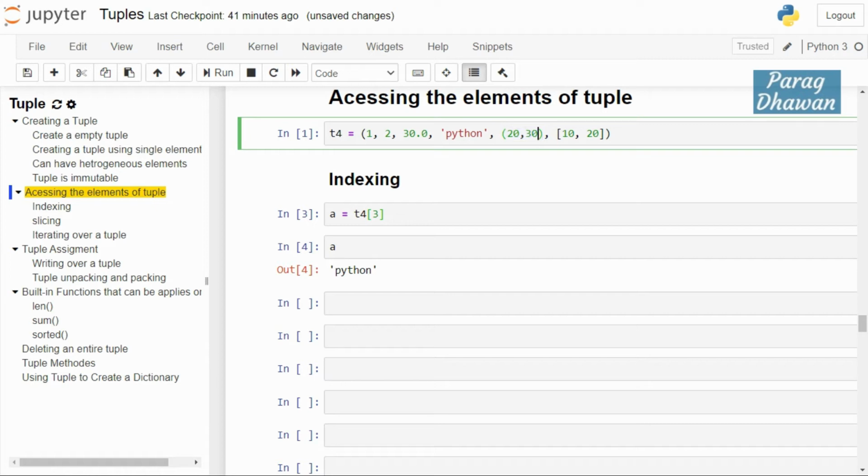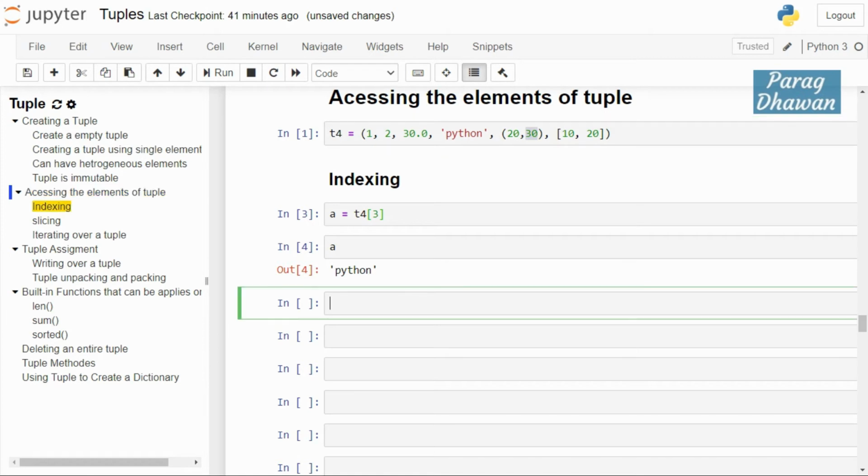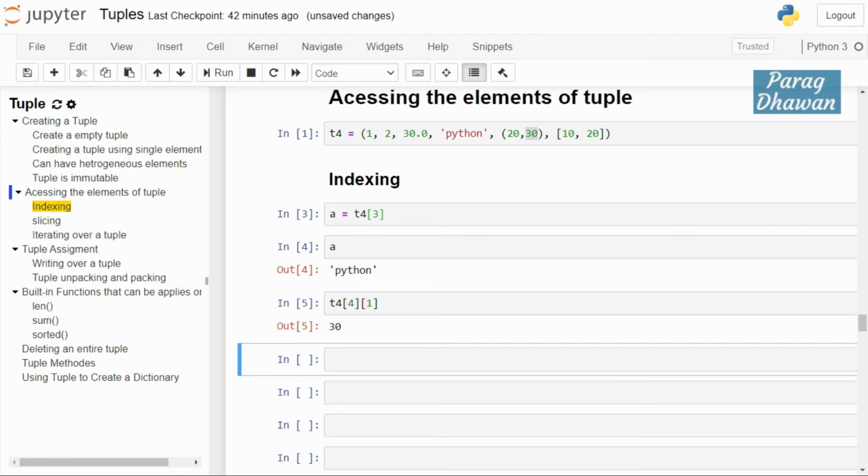If I want to access 30, then T4 in the outer square bracket it is at index 4, and inside it I want to access 30, therefore 1, because it is present at position 1. Click on the cell, run the cell, you get the output 30.